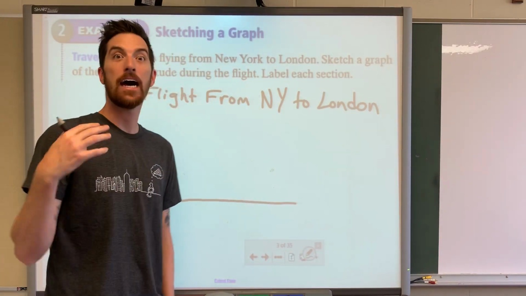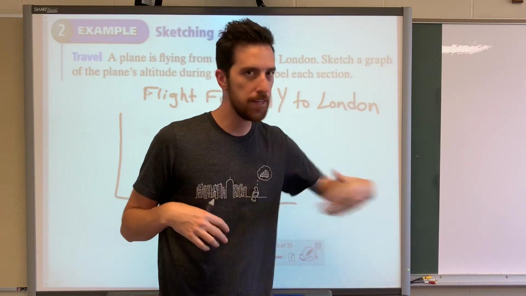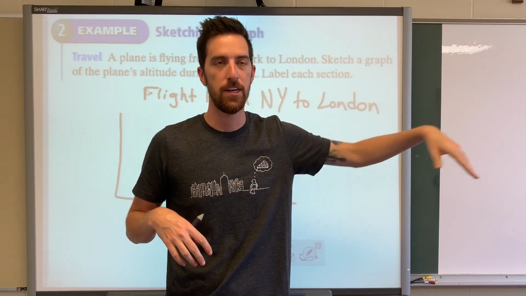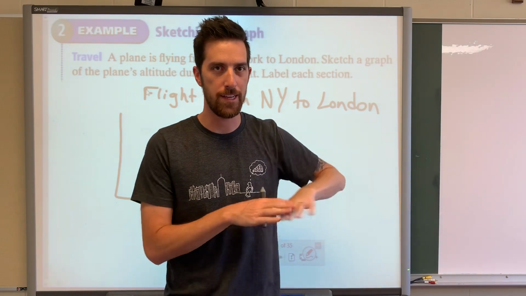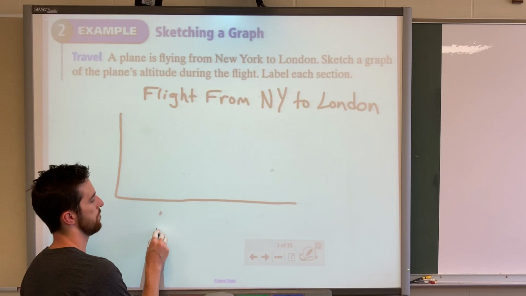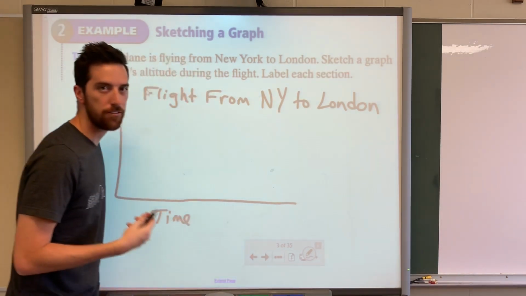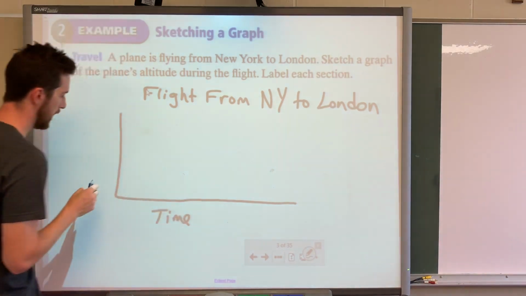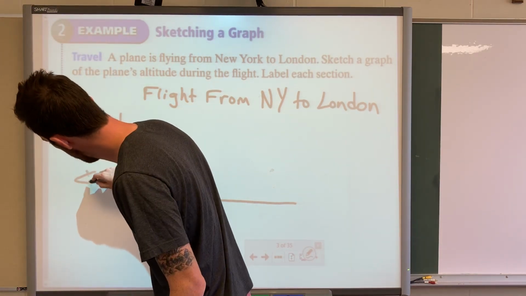Now, anytime time is a factor, time is independent, right? Time keeps moving no matter what happens. So independent labels always go on the x-axis, the flat one. So I'm going to use that here, time. And then what's the other factor of this graph? The altitude of the plane, so the height. So altitude, oh boy,